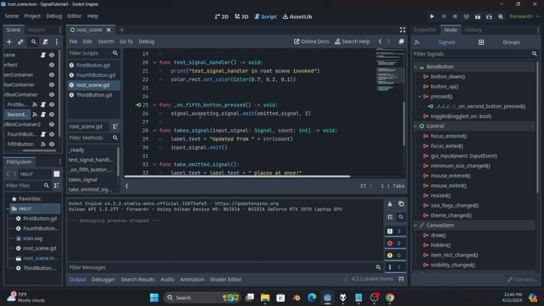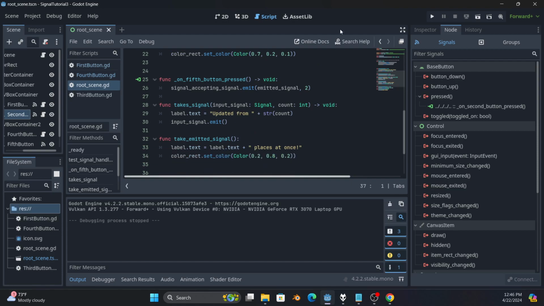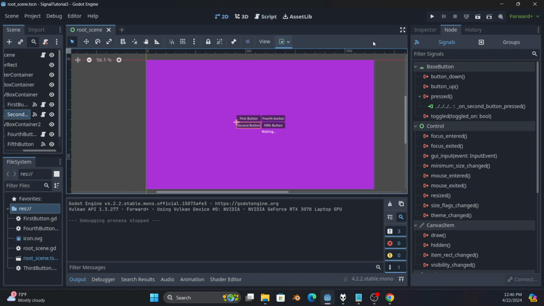Do not rely on order if you do this, because I don't know if there's any way to guarantee, like if you connect to back, does it guarantee it will be the first one you connect in the second? I'm not sure, and that could change in the future. Don't rely on it. Okay, so there's the second button. Let's go on to the third button,